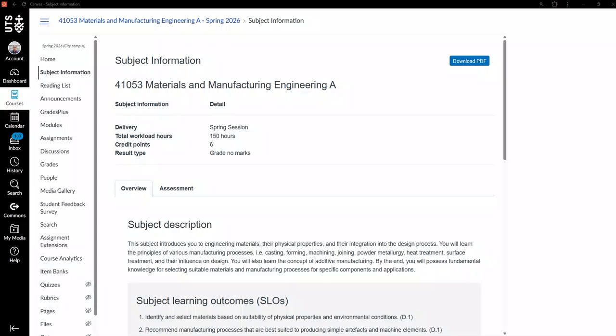Okay, so our second video is going to be about the subject information, and that's something you can find here by clicking this tab, and you will find the subject information. However, you know that this subject is going to have 6 credit points, and we're going to have the results